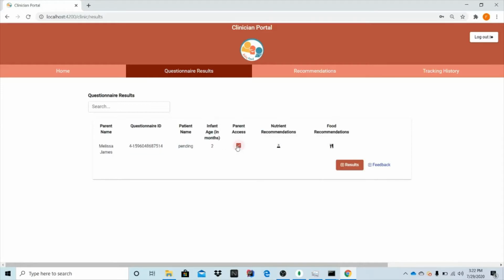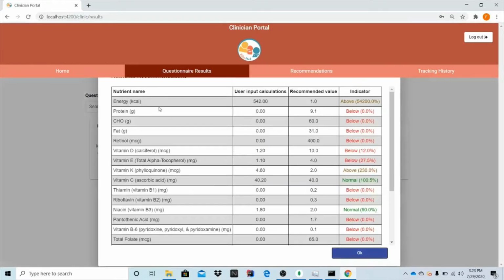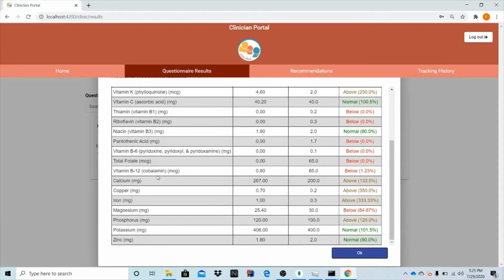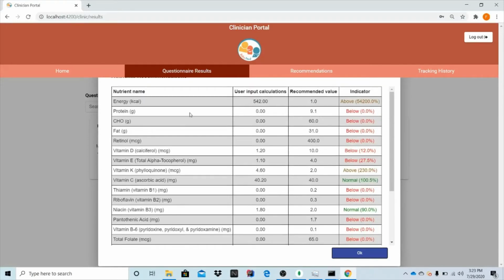Parent access is another feature that needs to be implemented, and here we have nutrient recommendations and food recommendations. If we click on this nutrient icon, it displays a list of all the nutrients, and based on the information provided by the parent, it calculates the nutrients consumed by the child, and depending on the recommended value hosted in the database,